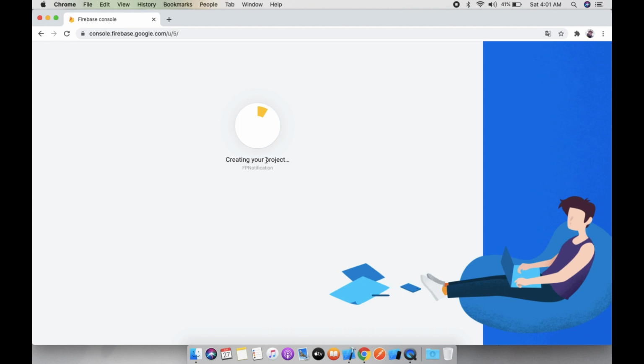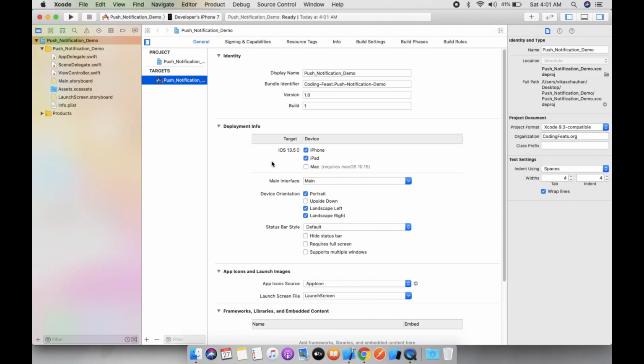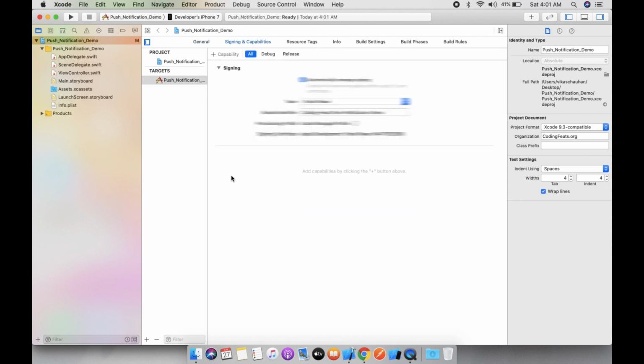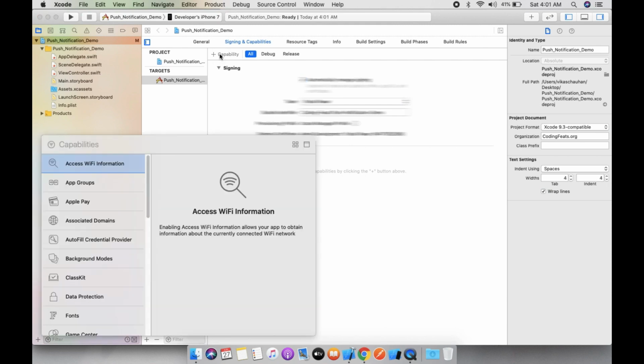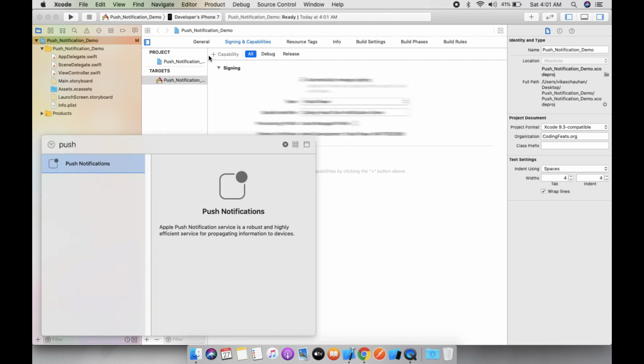It will take some time to create your project and the Google plist file. While this project is being created, we need to set up our Xcode project, so go to Signing and Capabilities. You need to add the capability for push notification.